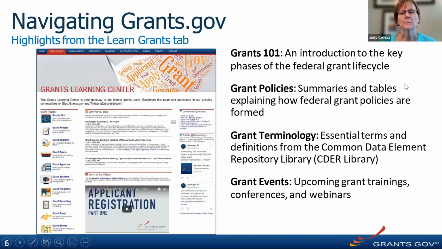Several years ago, we set up a space on our website called Learn Grants. And here is where you can go if you're not familiar or you've forgotten something with respect to the federal grants life cycle. You can go here and learn about it. There's an introduction, kind of like a Grants 101 that you can download and take a look at. There's information about grant policies and how federal agencies create those policies, where they actually come from, grant terminology,